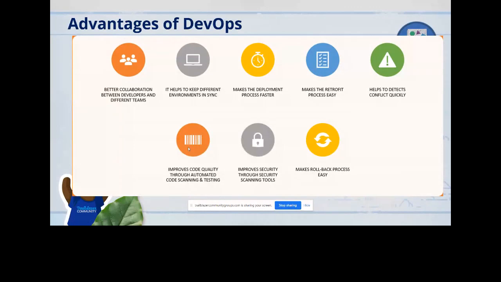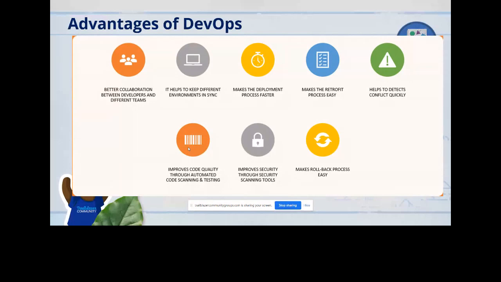For example, there are multiple code scanning tools available in the market like PMD or CodeScan or Checkmarx. There are multiple tools like that, some for code quality, some for security scanning. So in the current DevOps process, you will be able to include this scanning process also. As soon as you check in, it is going to scan the components, and it is going to give you some details, or if there are issues, it is going to throw that error to you so that you will be able to go ahead and fix it, and you will have better quality code in place.